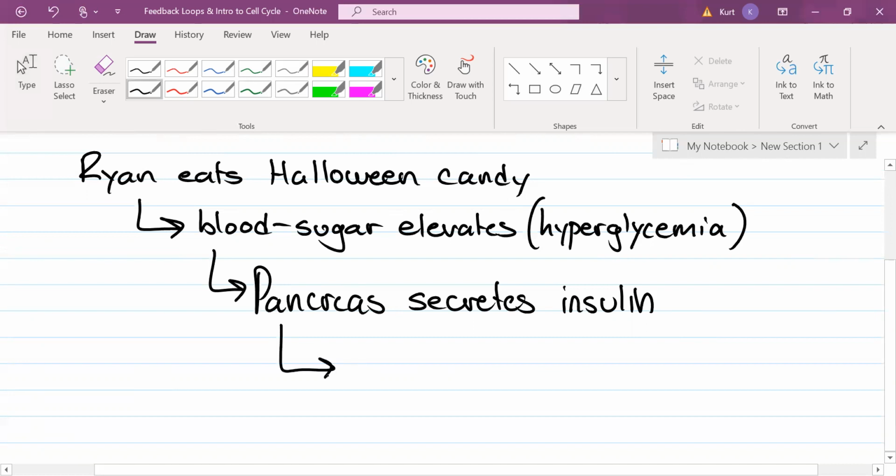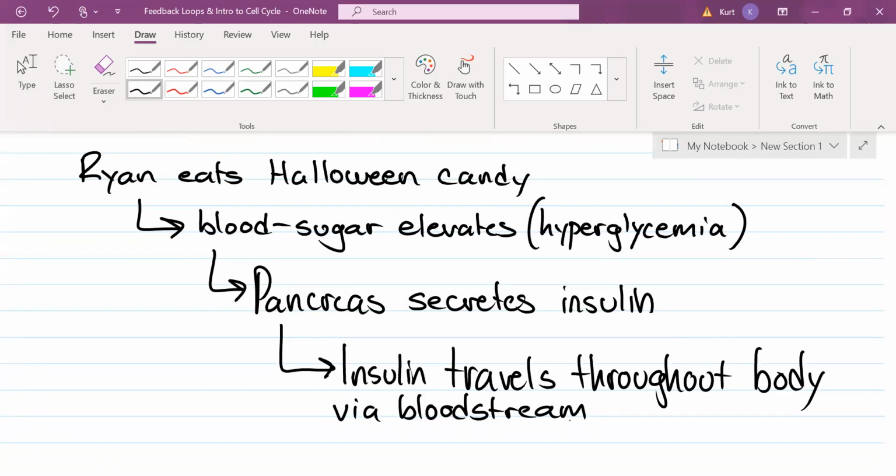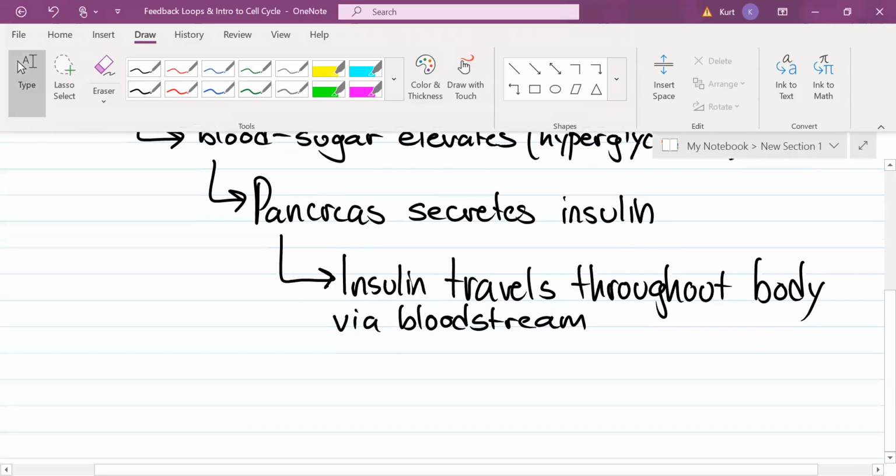So insulin travels throughout the body via the bloodstream. Your pancreas is part of your endocrine system. Endo means within, and crine means to secrete. We have endocrine glands and we have exocrine glands. Exocrine is secreting, but not in your blood, like sweat. Sweat doesn't go in your blood, so it's called an exocrine gland. But your pancreas, your pituitary, your adrenals, your thyroid, they're called endocrine glands, which means their secretions go into your bloodstream. So insulin travels throughout the bloodstream,